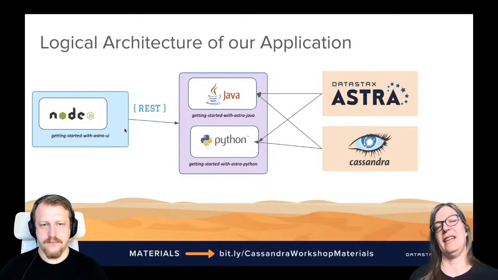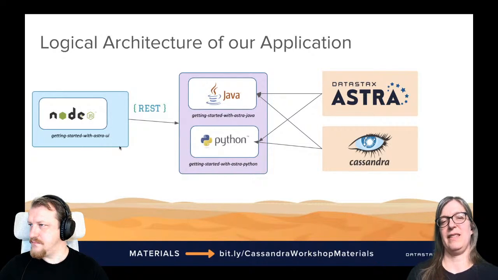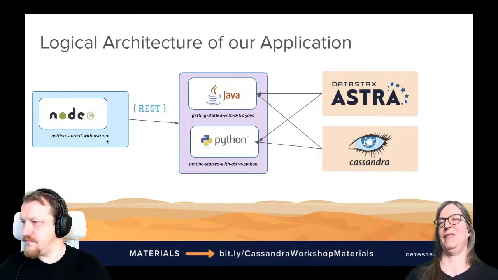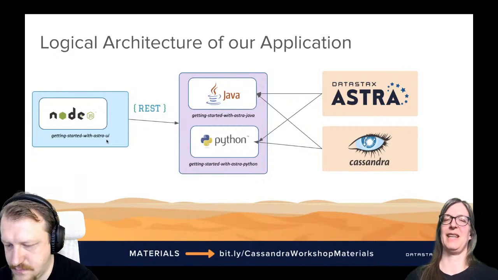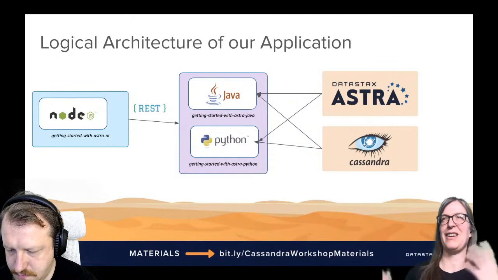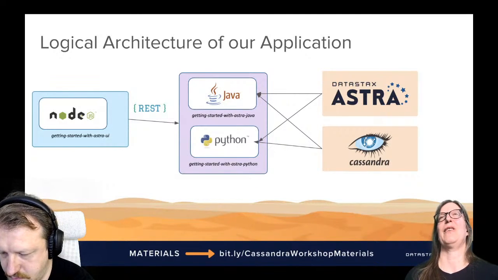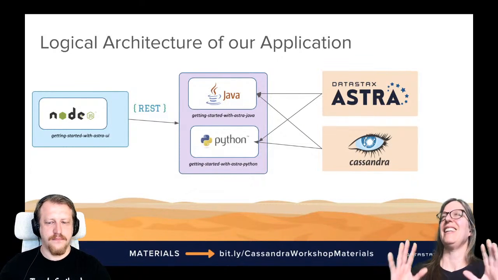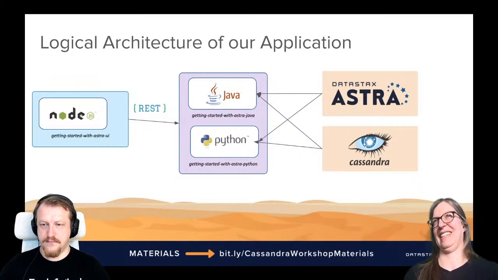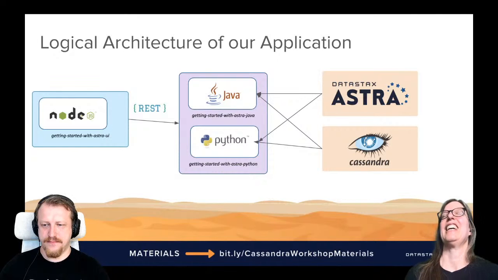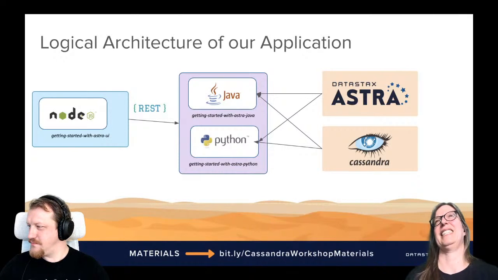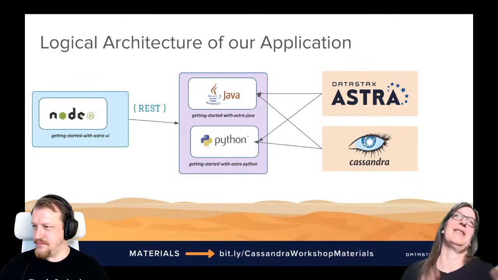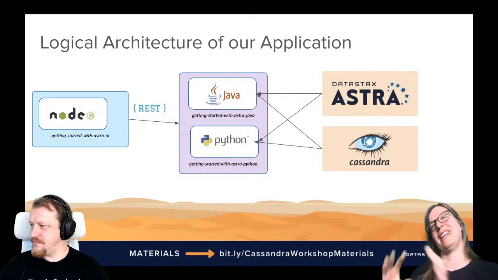Also, a few words. I think we've said this a few times. This is an example application to just show how to connect to Astra. It's probably not representative of how you would want to write your own application. We've run throughout the workshop into certain problems, like with uploading the credentials to the connection dialog and all these kinds of things. In a real application, you would handle this very differently, right? You would not want to send your secret stuff over a POST request in order to connect. But it's just a demo application, for the purpose of showing you the different interactions between UI, backend, and the database.